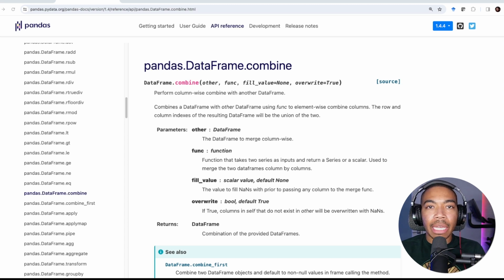In today's video, I'm going to talk about the Pandas data frame combine method. This is a technique that allows us to evaluate two data frames and then apply some function as it relates to that evaluation of the two data frames. So first we'll look at the documentation, and then I'll demonstrate this with a couple of examples in our own